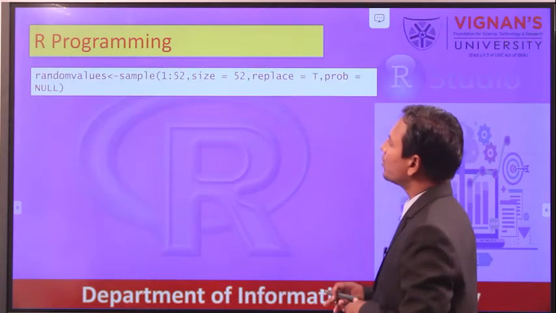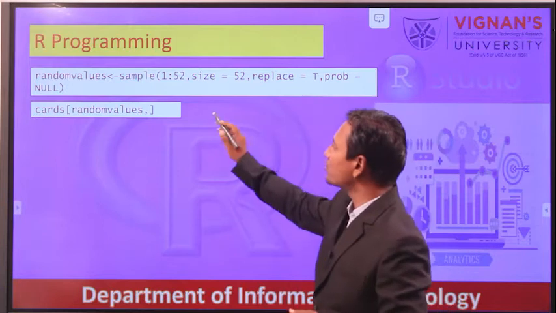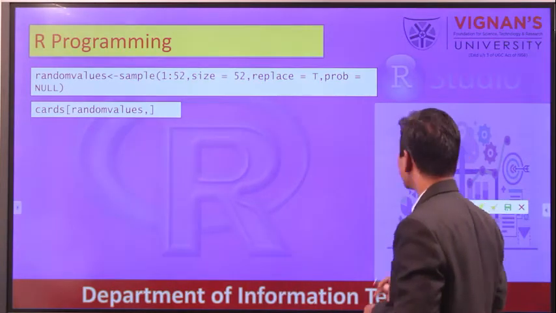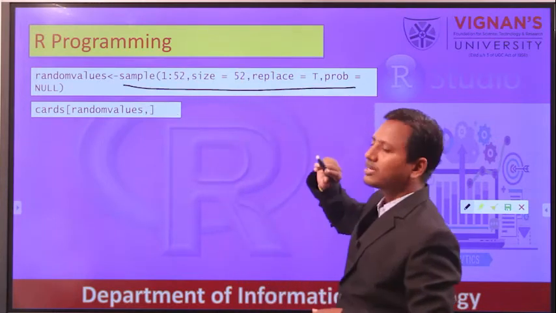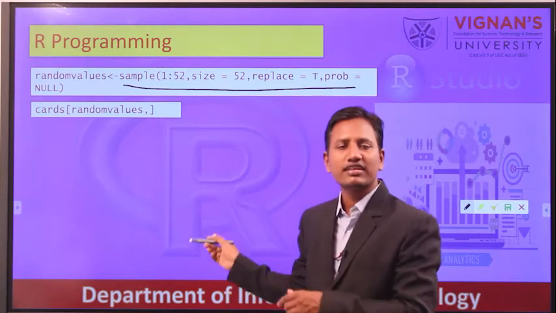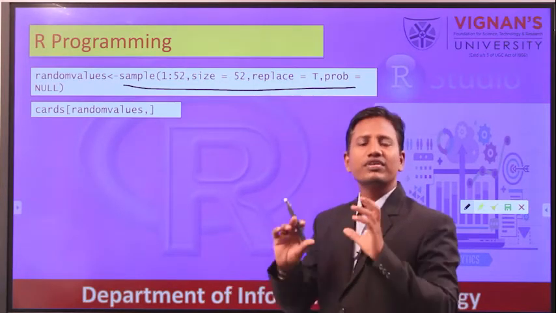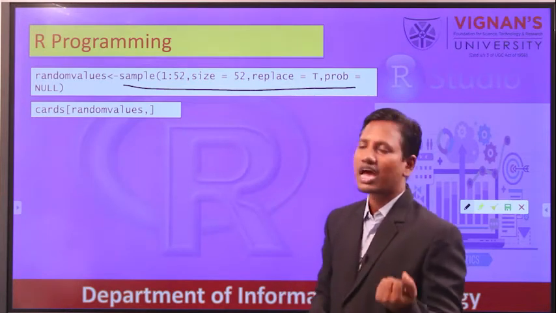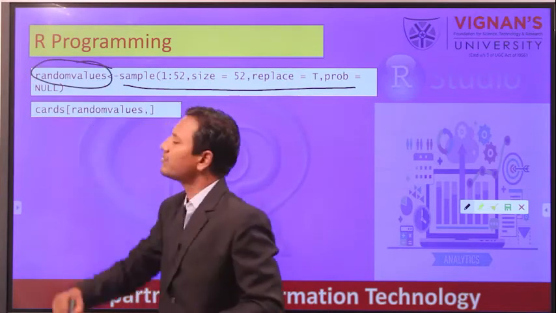What we have done is stored those sample values. This is an important point. We used this sample function, and as I showed you in the previous slide, it generated the 52 random values, and I have stored those 52 random values in another variable called random values.